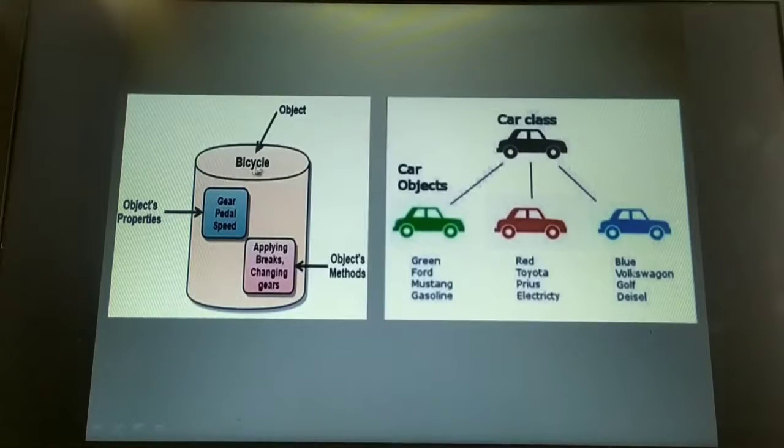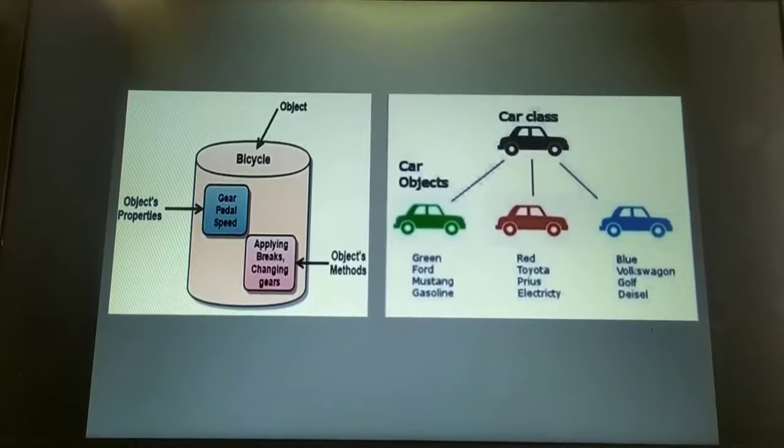So this image here, bicycle, I can say it is an object because it's a real-time entity. A bicycle has its own characteristics and behavior. What are the characteristics a bicycle can have? Gear, pedal, speed, which are nothing but the data members. Then the functionalities or the member functions of this bicycle object are applying brakes, changing the gears. Based on gears also there are different kinds of models, right? Hence I can say the bicycle is an object. So like this, every object will have a unique name, and always they should belong to a particular class.